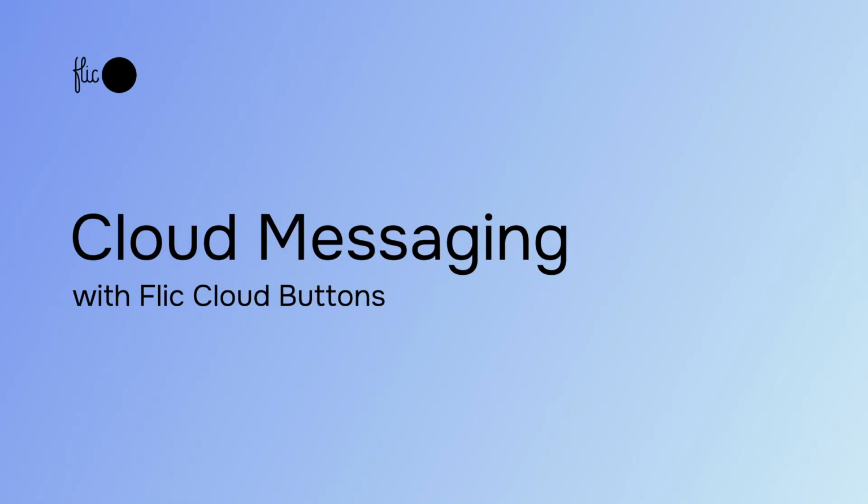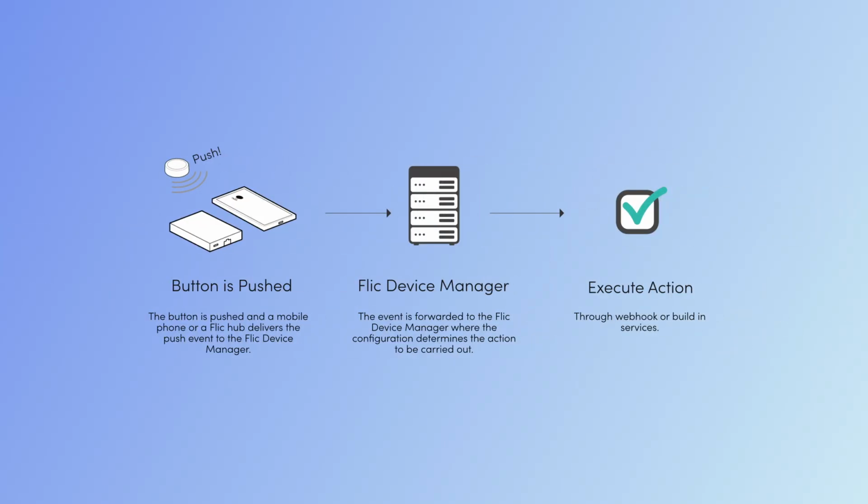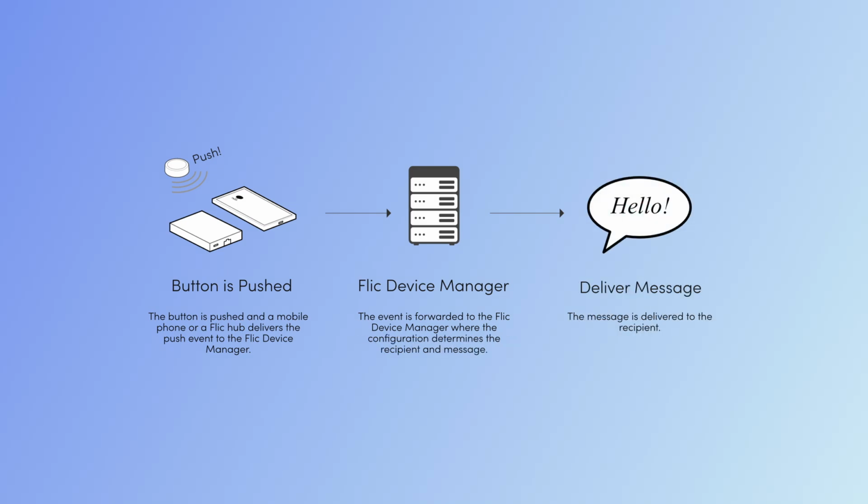Hi, and welcome to this quick guide on how to set up a Flic Cloud button for text messaging. Flic Cloud Buttons is a service that allows you to remotely configure Flic buttons to a specific behavior, like sending an HTTP request to a webhook. But one of the most simple use cases is sending text messages, which is what we will be looking at